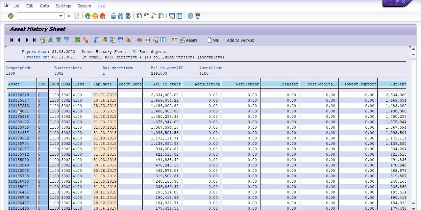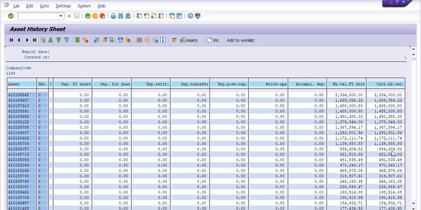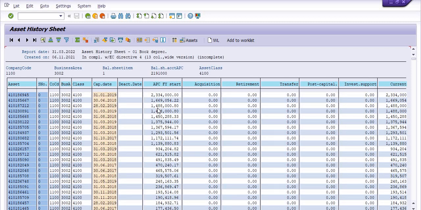These are the asset numbers, AUC asset numbers, or CWIP asset numbers. Okay, so you can fetch this list and capitalize these CWIP values in the respective assets. So your book value increases by this amount and your CWIP amount in this current financial year will be minimized.